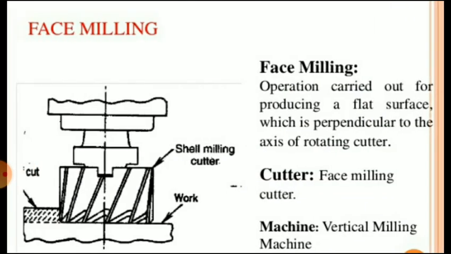Face milling cutter is used. These cutters may have teeth on the end surface. It is similar to an end mill cutter but larger in diameter, generally 140 mm to 380 mm. These cutters are used for milling large flat surfaces. The cutter rotates about an axis perpendicular to the work surface. Depth of cut is adjusted by rotating the vertical feed screw, and then the work is fed perpendicular to the axis of rotation of the spindle. Generally, these cutters are used on a vertical milling machine.